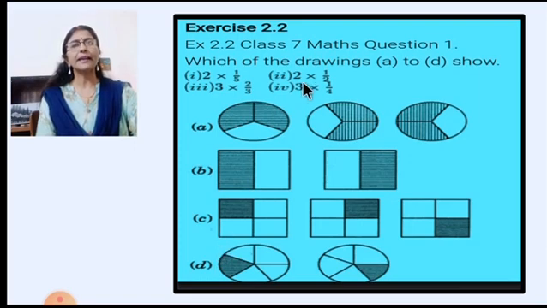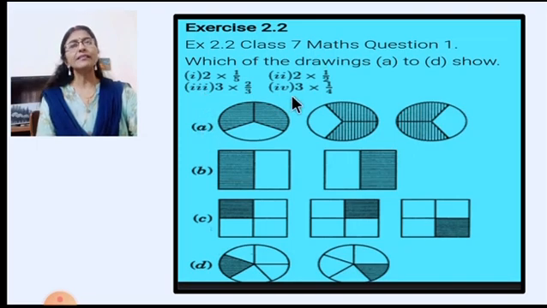Now same way we'll find out the next one also. 2 multiplied by half, 1 upon 2. So you can see here these two figures are half and 2 are there. So that means the second product represents this figure. Now the third product we'll see, 3 into 2 upon 3. So first we will have to find out which one is 2 upon 3. That means out of 3 parts, 2 parts are shaded. So I can see this one is 2 upon 3, and then there are 3 circles. That means this one represents this. Third represents figure A.